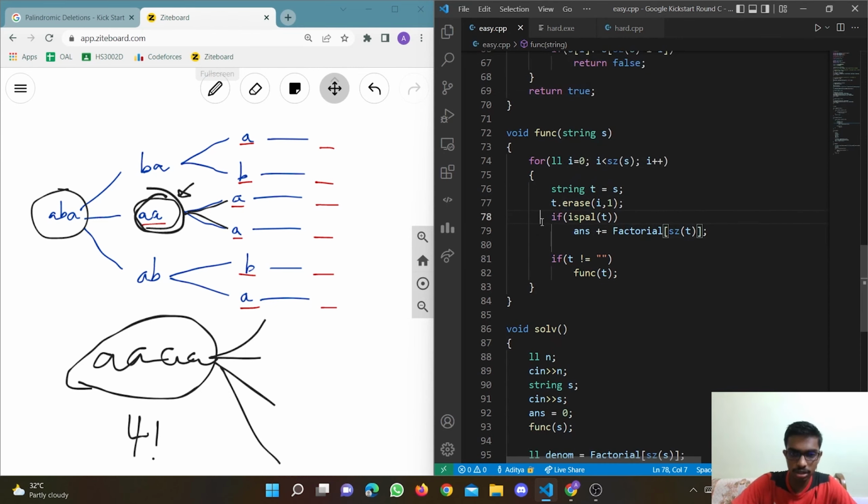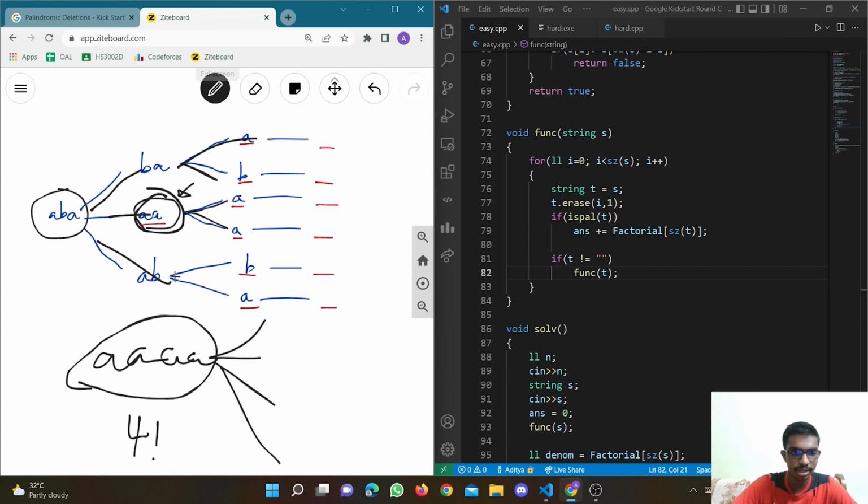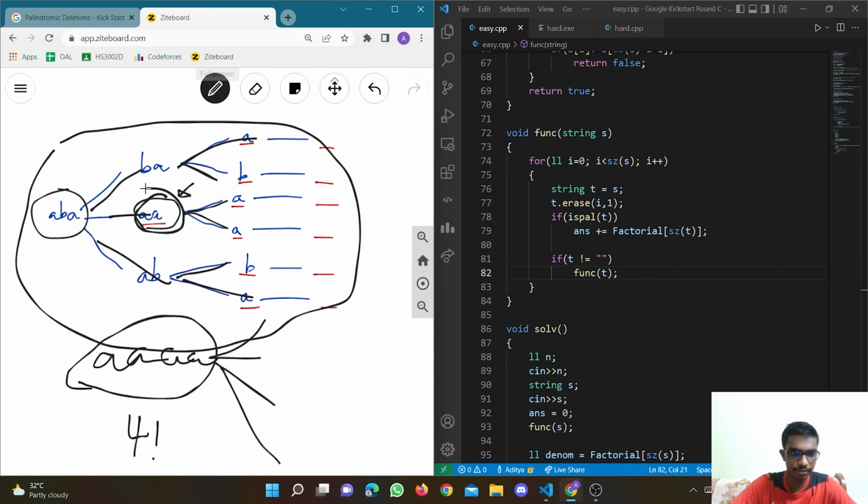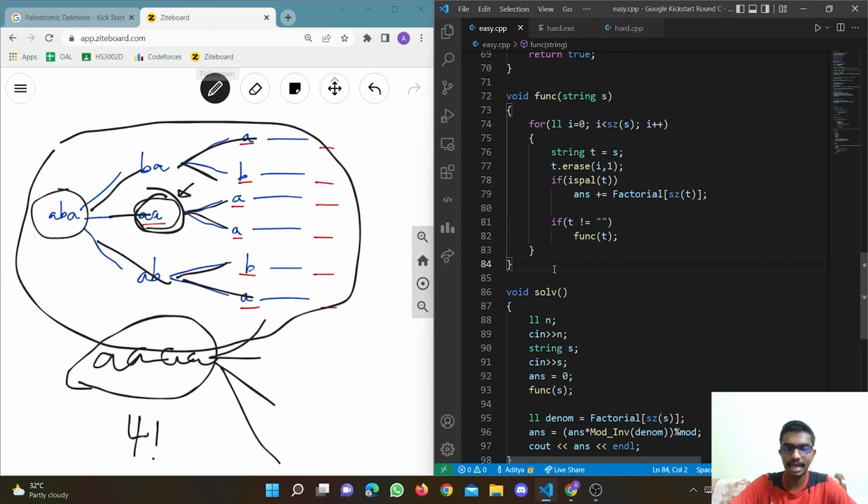And now if I do this over all possibilities, so for each possibility I'm deleting a character and processing it, and I'm doing this for all characters in the initial string. So this will brute force through all paths. I'll start from here, go here, here, here. For this I will again expand the whole way, then for this I'll expand the whole way, then for this I'll expand the whole way. So I will essentially go through all strings in this tree structure,